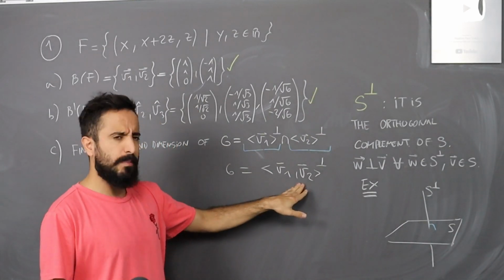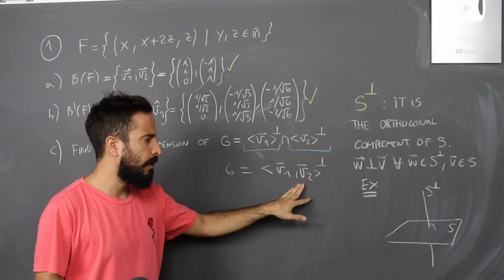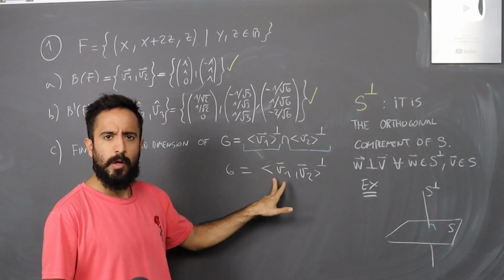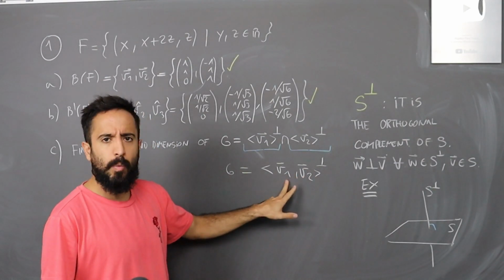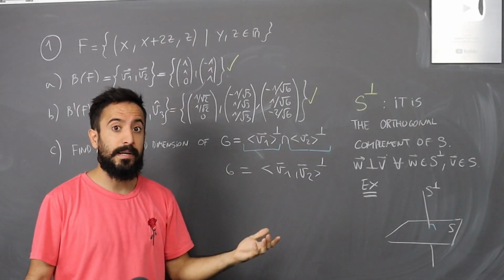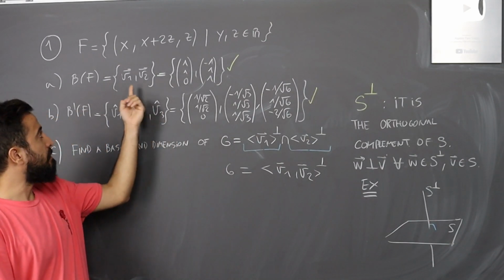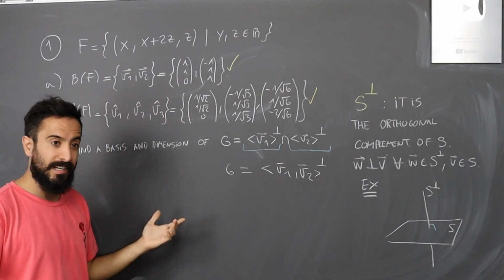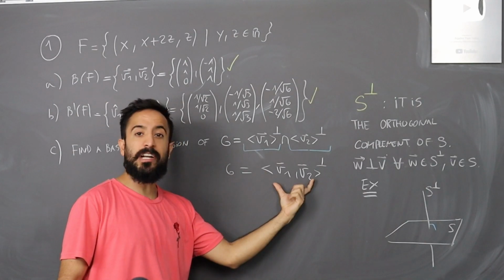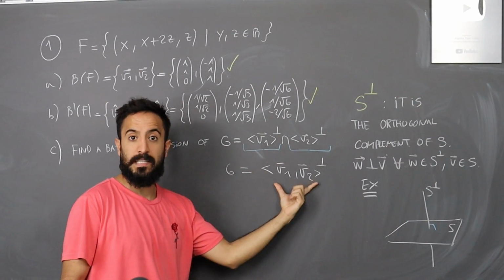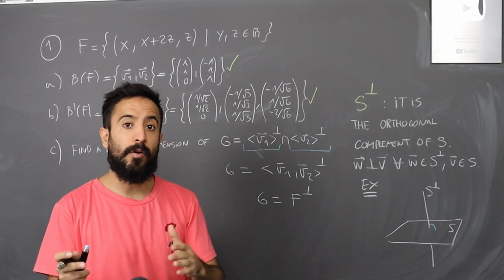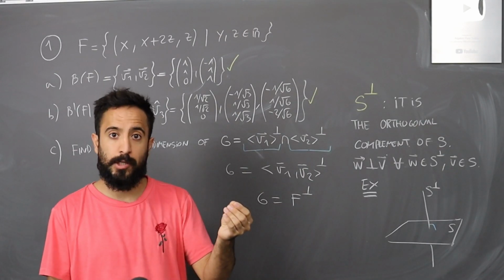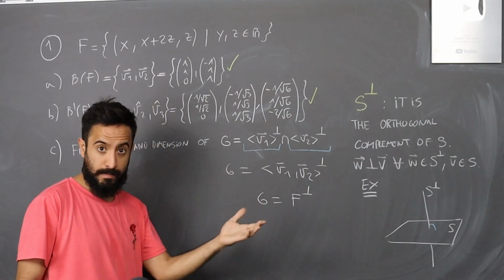And this should be more familiar to us, right? What is that subspace? What subspace do we get when we make the linear combination of V1 and V2? Well, let us remember that the base of F is made of these two vectors, right? So the subspace generated by these two vectors is in fact F. And now, this is not that tricky. All we want to do is to find the orthogonal complement of F. So let us think of what aspect should the basis of G have.